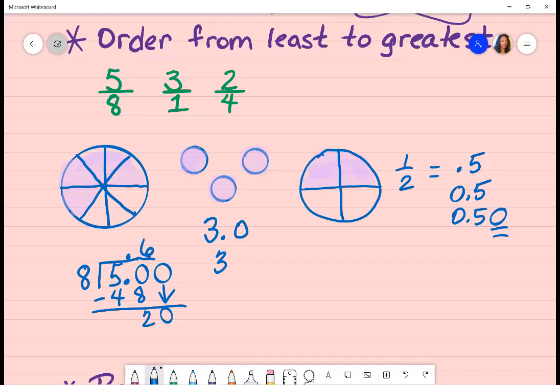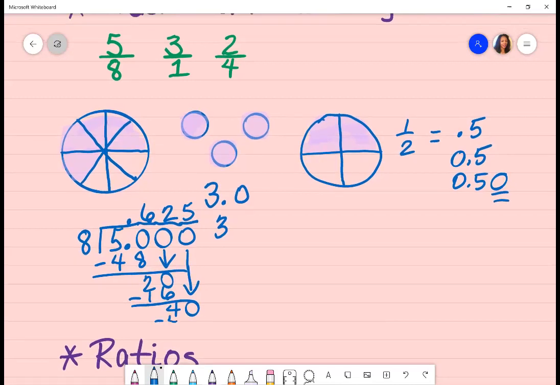So again, I can say 20 divided by 8, or 8 times what will get me close to 20? 8 times 2. So 8 times 2 is 16. I'm going to continue the process of subtracting. 20 minus 16 is going to give me 4. I can't take 4 items and divide it into 8 things. So I'm going to, again, add a 0, bring it down. 40 divided by 8, or 8 times what will get me 40 or close to 40? Well, we should know that it's 5. So now I have a zero remainder, which means that 5/8 is the equivalent of